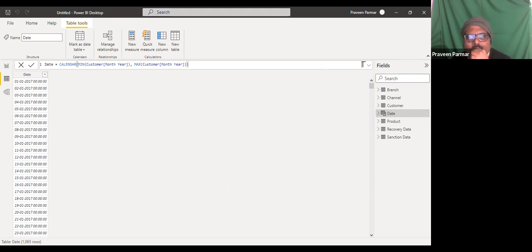So we could use the add columns function, and first I do the add columns. Okay.